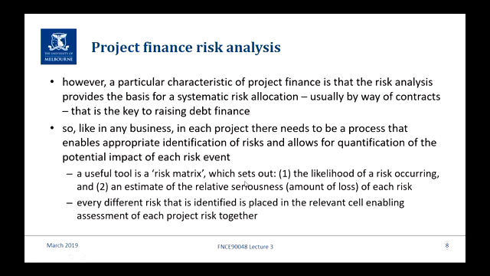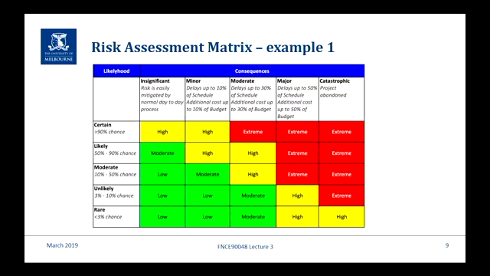So what we're going to look at is what's known as a risk matrix, and the reason we look at that is because it enables us to look contemporaneously at both the likelihood of the risk occurring, so the probability of a risk event happening, and estimate the relative seriousness, which is really the potential loss that could occur if the risk event arises. So on this matrix, which is on the next slide, every different risk that you've identified is placed in a cell that enables assessment of all the risks together. This enables you to visually have a look at it.